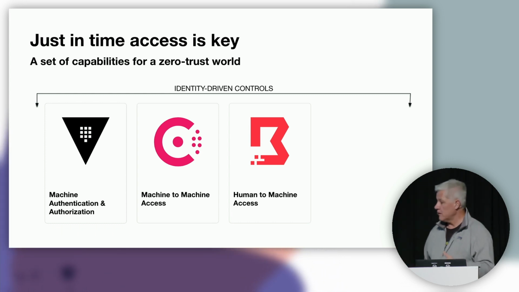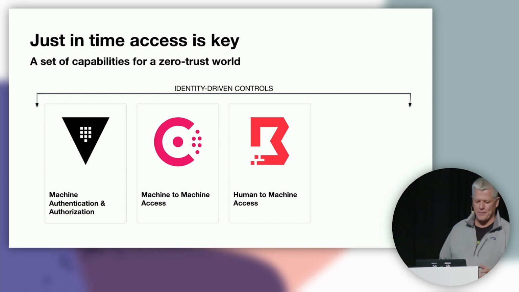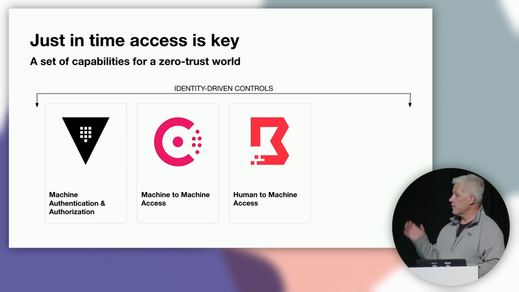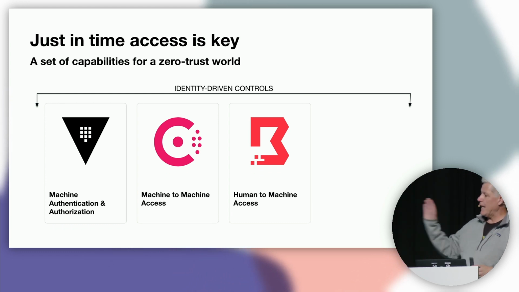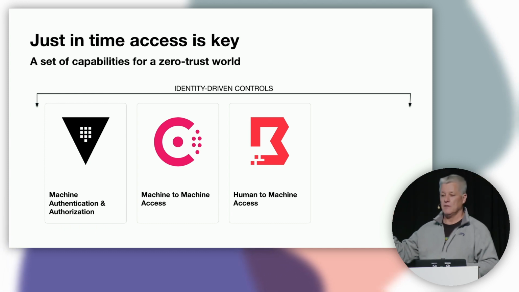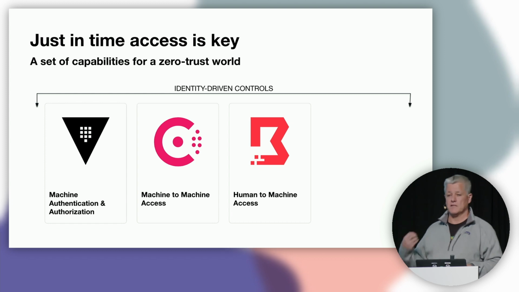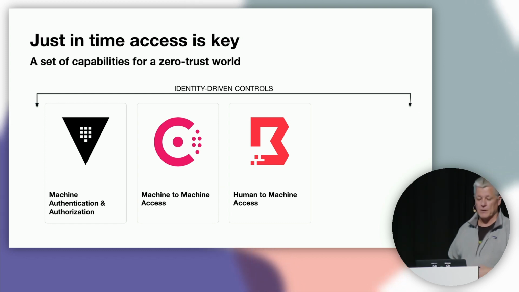And then obviously, human authentication and authorization. I think we've kind of got this down now. After a few years of having IAM around clouds and everything, we can now do this. But this forms a key part of allowing humans access to the system to enable them to do the job they need to do, because you want them to be successful and you want them to have the ability to do their job.